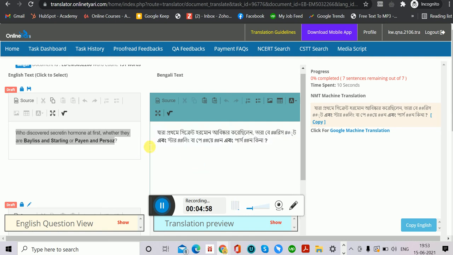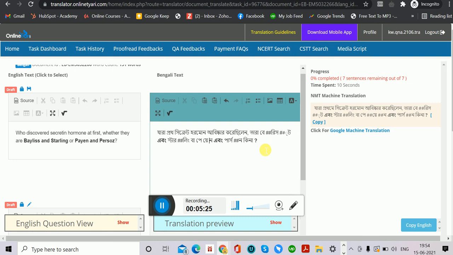Okay, so I just do some samples. After, if you completed this, what you have to do is just click on this save icon. After this, the work is saved. And now last, what you have to do is click on this log button. So as you click the log button, you can see the progress.